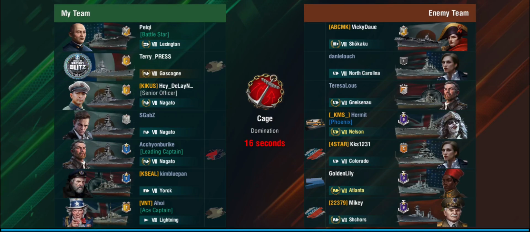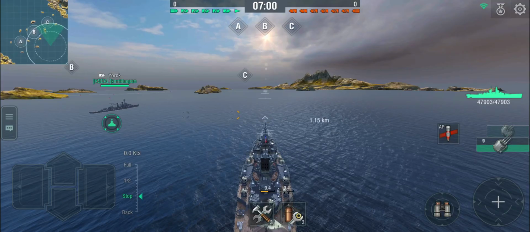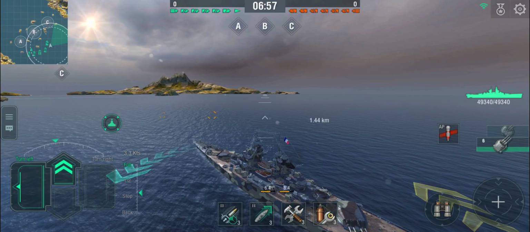Here we are on Cage, and we are actually top tier. It's a carrier battle. There's Shokaku, North Carolina, Gneisenau, Nelson, Colorado, Atlanta, and Shores. No destroyers in the enemy team. And it is a domination map battle, so we'll see what we can pull off here. But like I mentioned in the beginning, when I started playing her, I didn't really have a great time, and it did take me quite a while to actually get to the point where I wanted to be. All right, so...